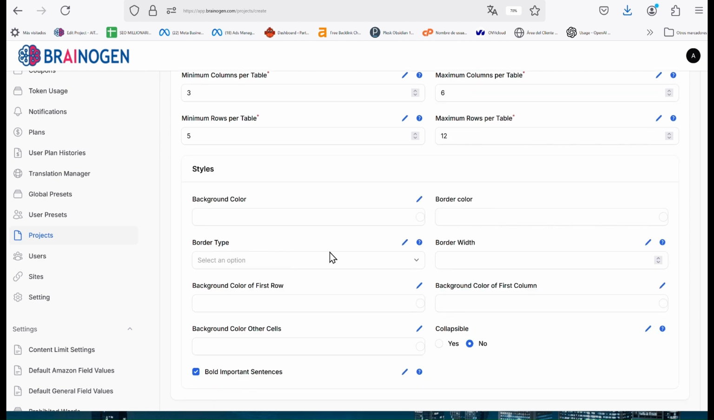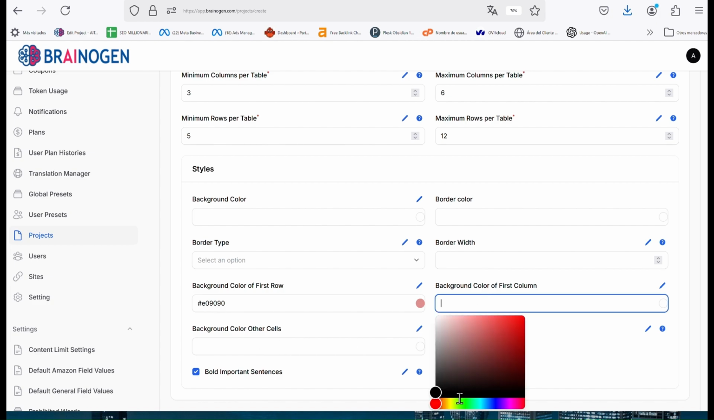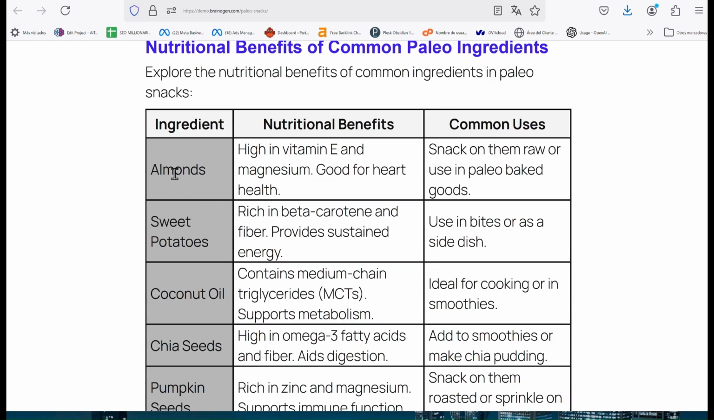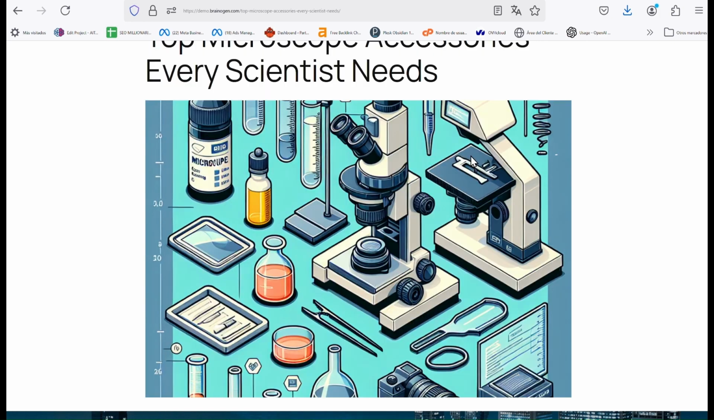Styling for tables is entirely customizable. For example, you can assign a distinct color to the first row, another to the first column, and even different colors for the inner cells. In one example, the header row was styled in a darker gray, the cells were white, and the first column used a lighter gray. Alternatively, you could style it in bold colors like green or red, depending on the theme